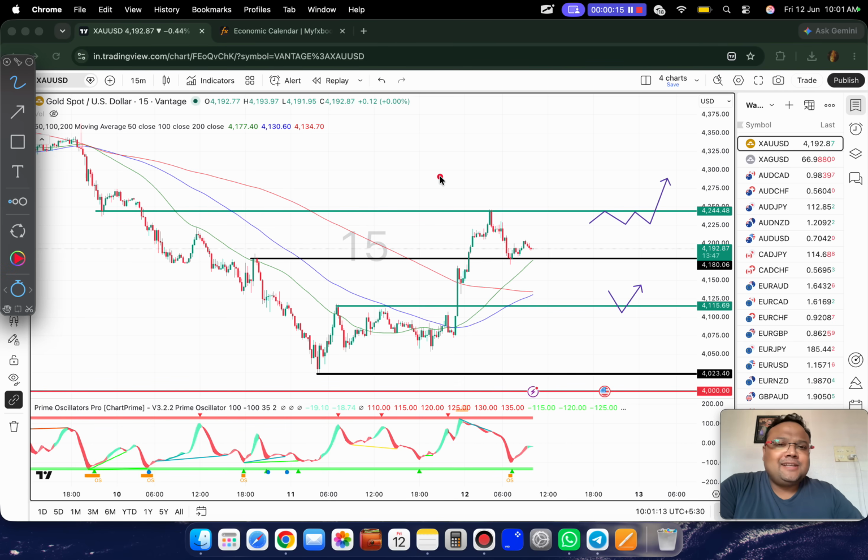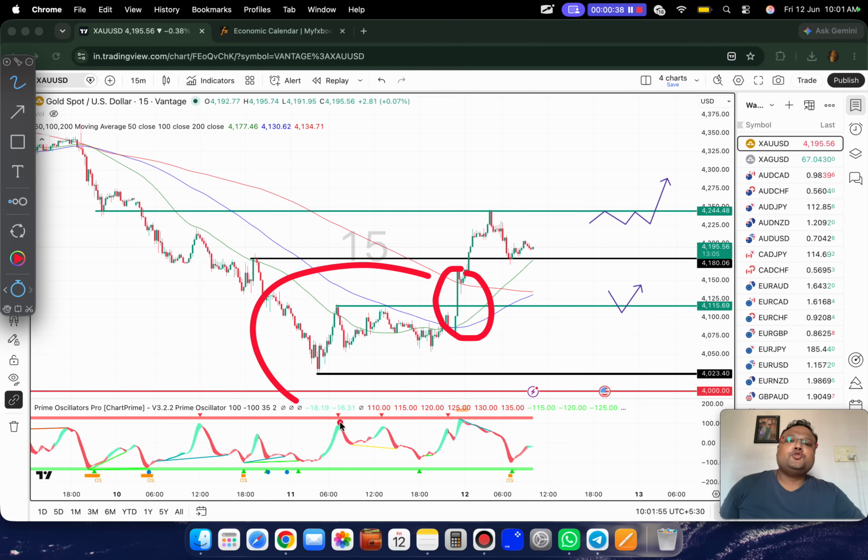So let's get started. And my dear friends, finally the big breakout came on gold yesterday. Just see the size of the candle here. We discussed the possibility of a reversal here because the market was trading in a very crucial range. But I also told you guys to be very careful, not careful, very careful, because this particular zone was extremely